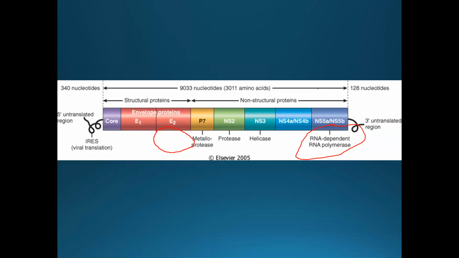So add the two factors: the poor fidelity RNA-dependent RNA polymerase, and the hypervariable region within the envelope proteins, which worked hand in hand to make it unlikely that a vaccine will be